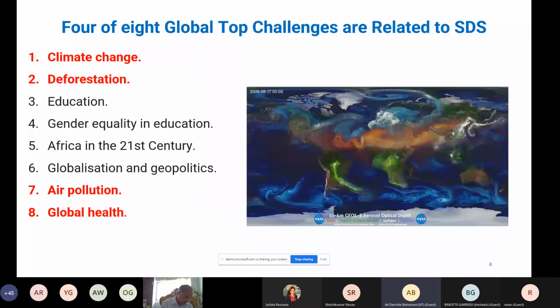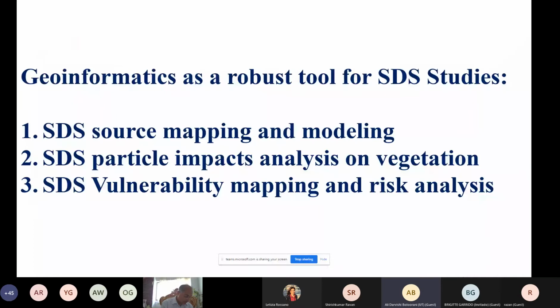I'm going to talk about geoinformatic applications as a robust tool for sand and dust storm studies. I will shortly explain source mapping, particle impact analysis on vegetation, and finally vulnerability mapping and risk analysis. In one of our projects, as you can see here,